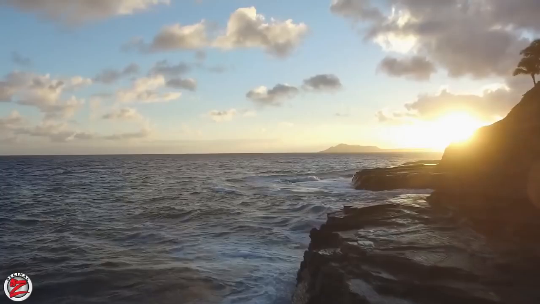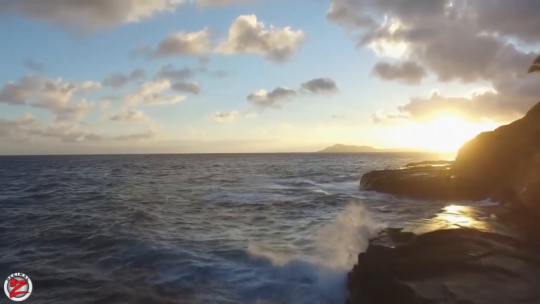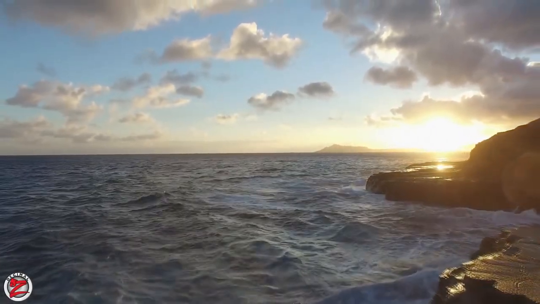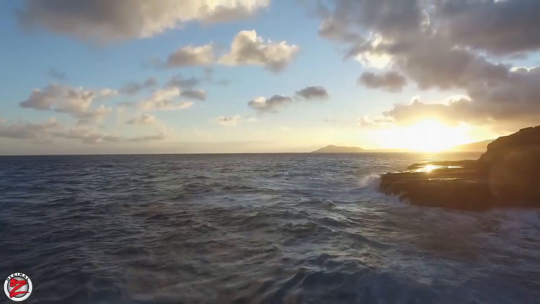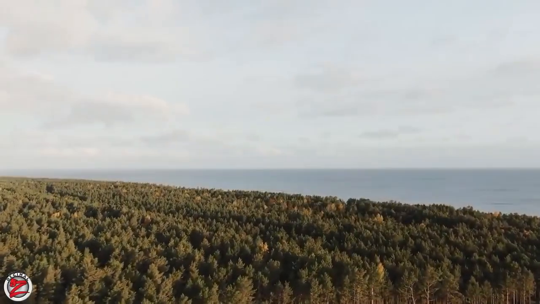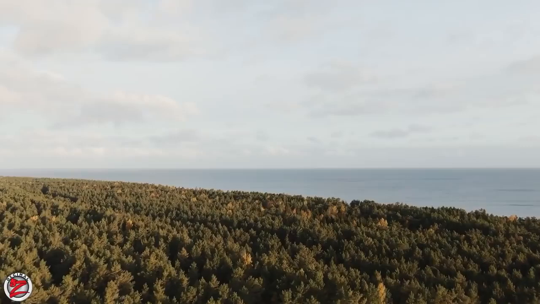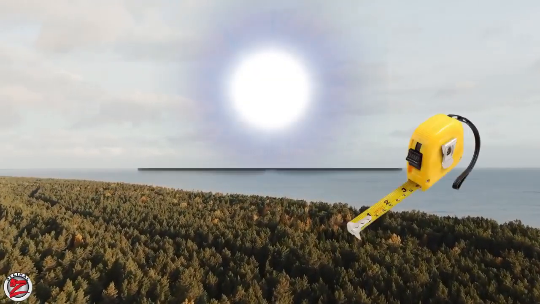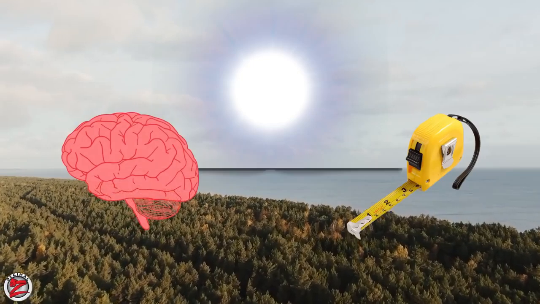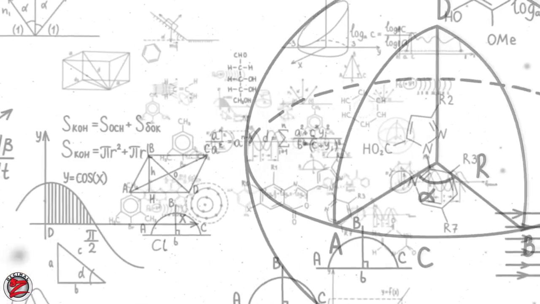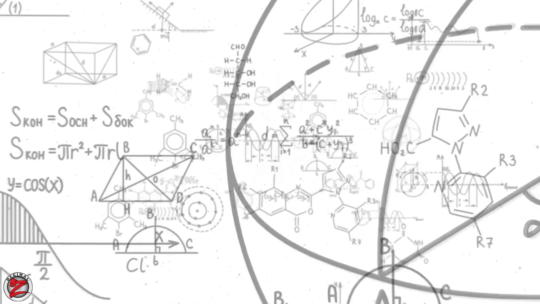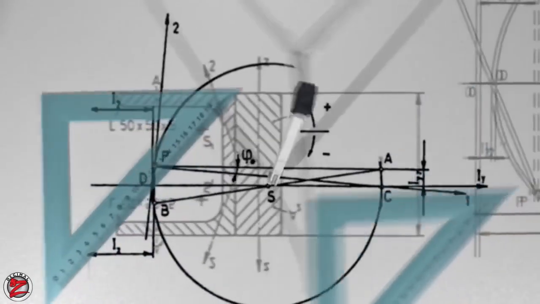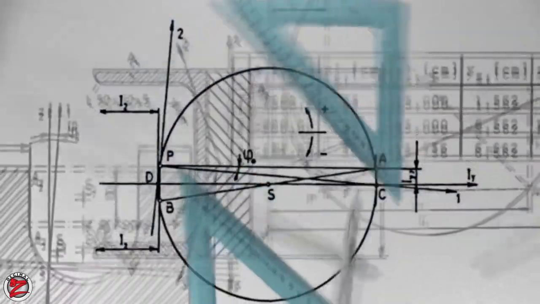So, you get smarter and smarter until you decide to know the shape of the place where you live. You only have sunlight, shadows, probably a tape measure, and your brain. To understand this, I invite you to stay and watch the entire video, because it is very important and it is not that difficult to understand.